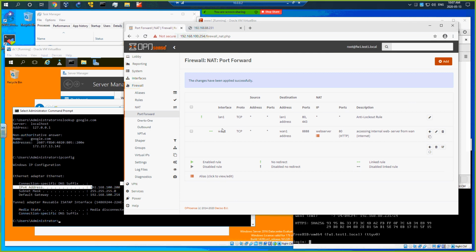Here is how it looks. You need to apply it on the WAN interface. You need to have protocol TCP, and you need to have the source ports and source addresses, which I need to put here. Now the destination address is supposed to be your WAN interface, or in my case it's 192.168.88.231. Excuse me. And the port which will be translated will be 8888 in my case. What will be translated to is the web server inside, which we created as an alias, and it will translate the HTTP. So it will work without any problems since, you know,